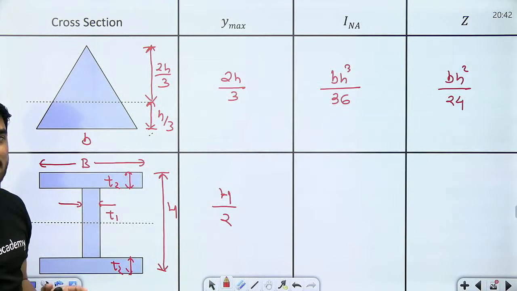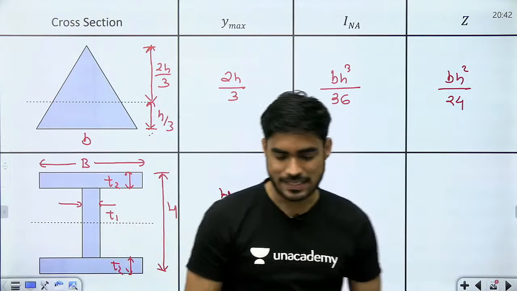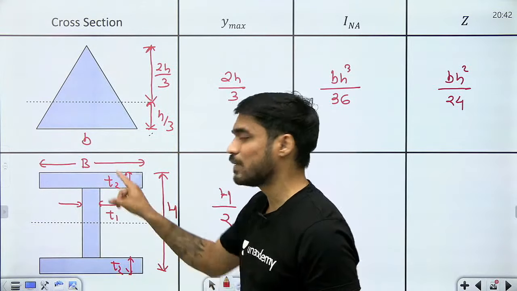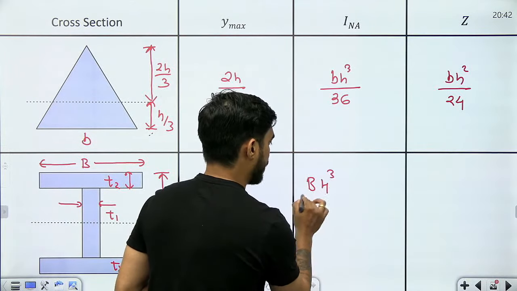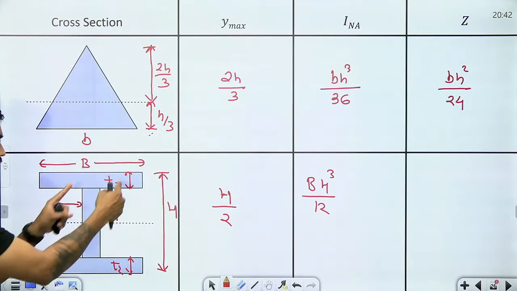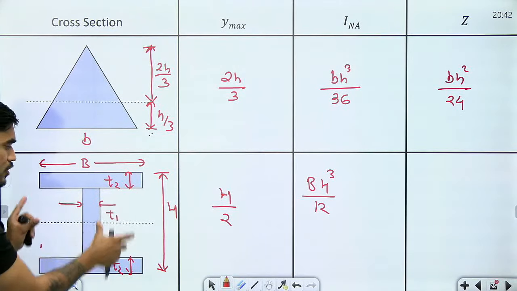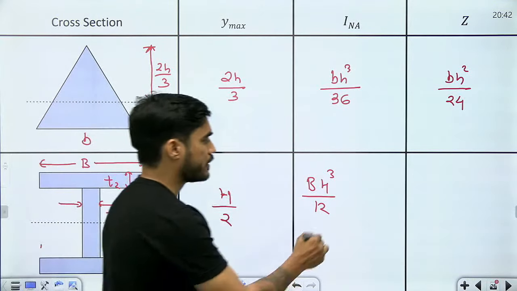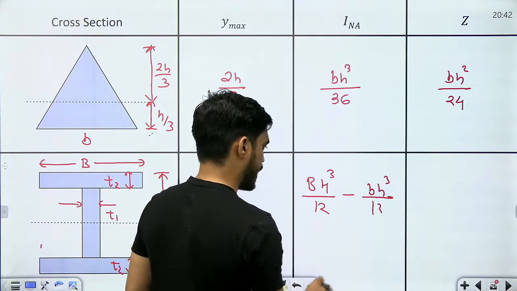What will be I? Now understand beta how I am going to calculate I. Okay, in order to calculate I of this I section, I am going to assume it like a complete rectangle. तो ये अगर एक complete rectangle है तो इसका moment of inertia will be capital B H cube by 12, right? अब उसमें से if I subtract the moment of inertia of this small rectangle plus small rectangle, इस छोटे छोटे rectangle, ये जो खाली space है इसको मिला के एक छोटा rectangle बना दूं, then the moment of inertia of that rectangle will be small b h cube by 12, है ना?